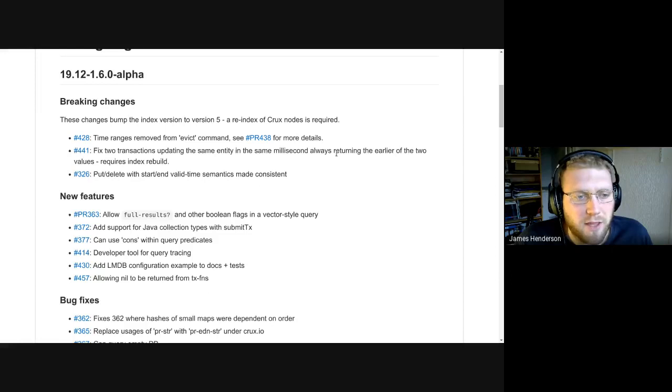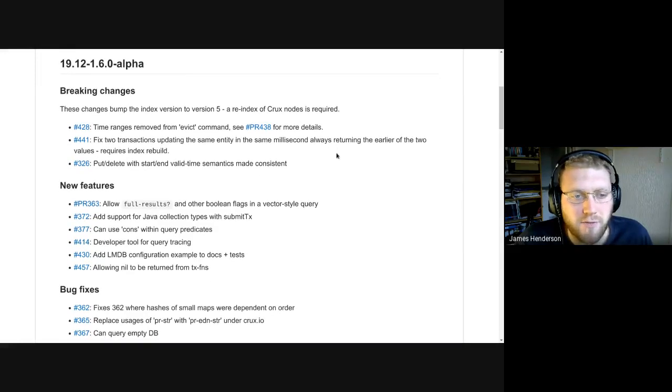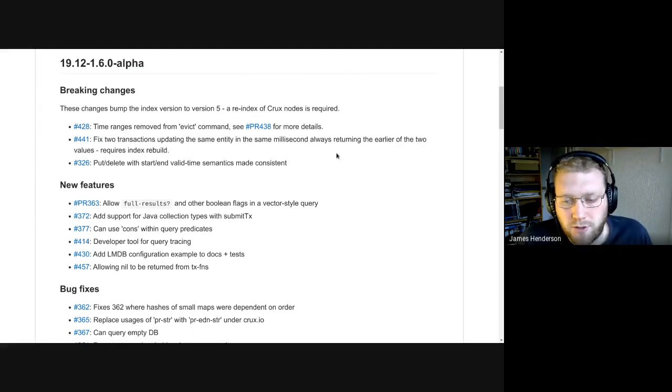And thirdly, the put and delete with the start and end valid time semantics. That's related to the evict one. We want to make sure that when you put into Crux, you can put either at a single valid time, at which point the expectation is that the value is then valid until it's next changed. But also you can put with a start and end time, so the value is only valid between those 2 times, and it should then restore the value from before, after that valid time range. So all of those 3